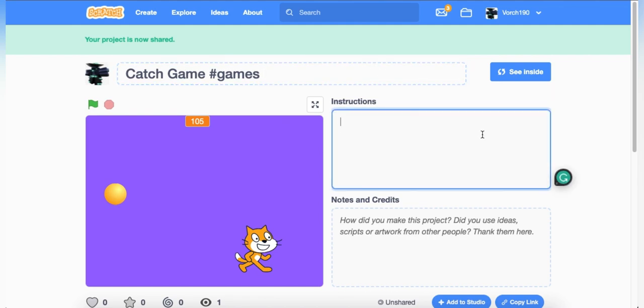So you can just write the instructions. WASD or arrow keys to move. Get score of